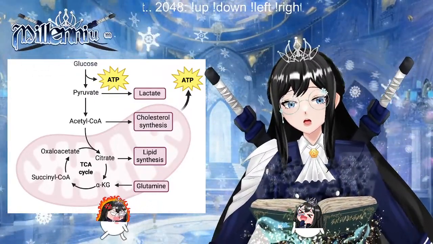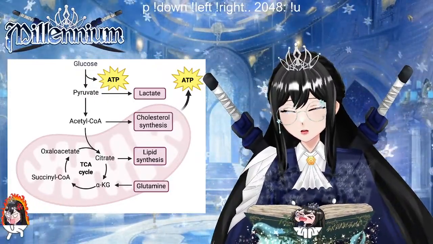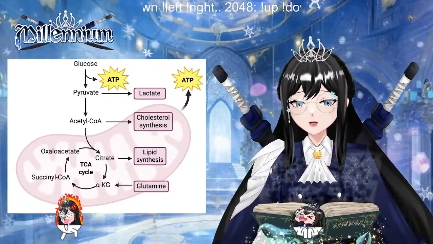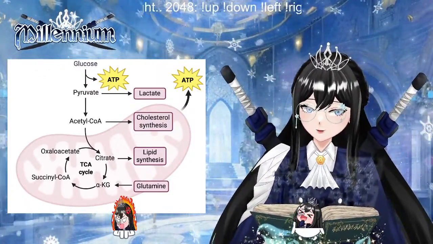So you have glucose in the cytoplasm. It gets converted into pyruvic acid, a 3-carbon compound. And then with that one,